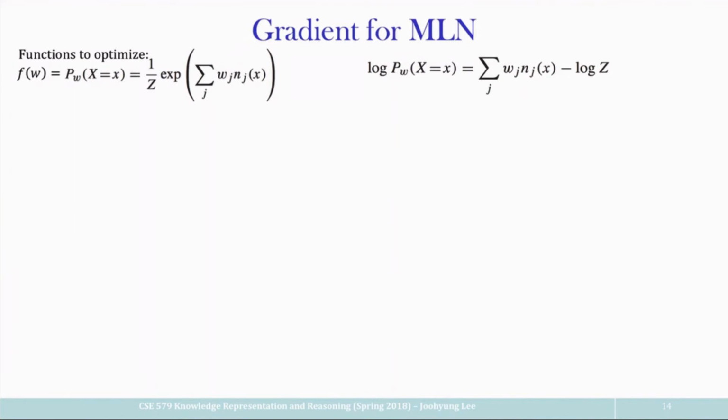Okay, so what is the partial derivative of this log likelihood with respect to a particular weight Wi? That is just unfolding the definition. We can distribute this derivative, which gives